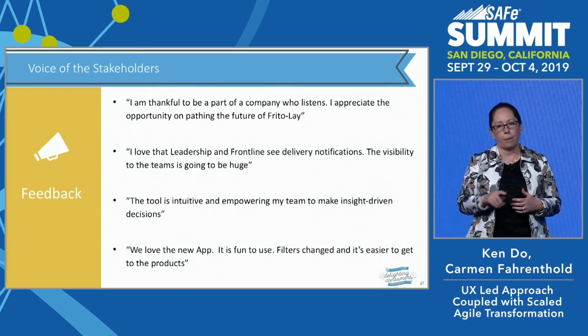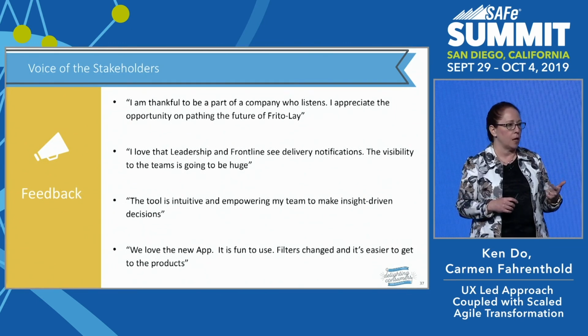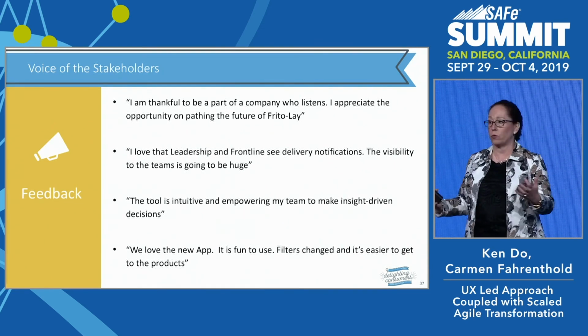And I'm going to kind of wrap it back around to what is the ambition of our program, and it's about leading and delivering that innovative, human-centered sales and service experience that's loved by all, and that's what we're here